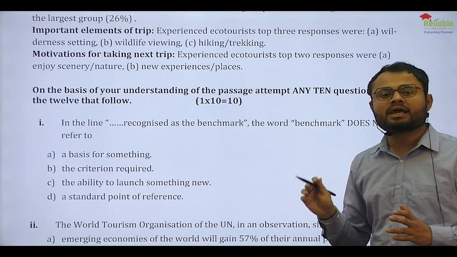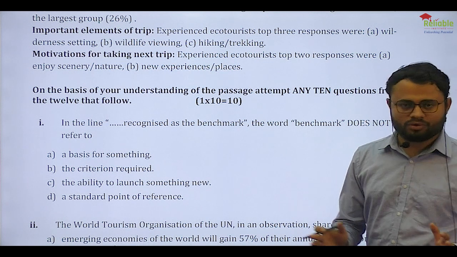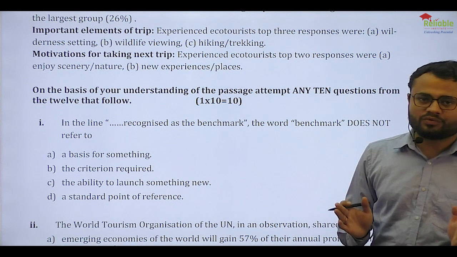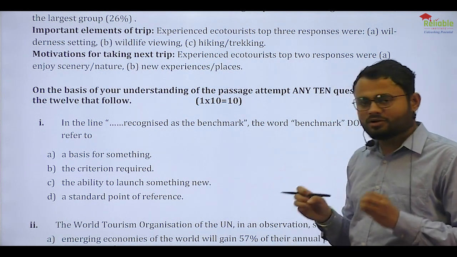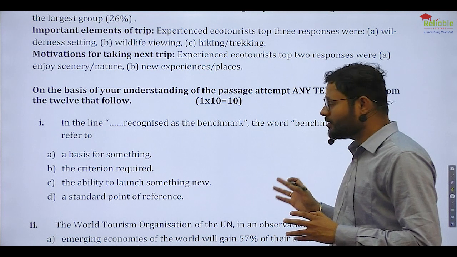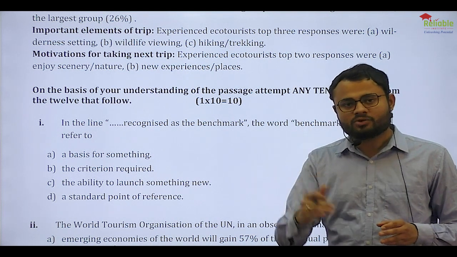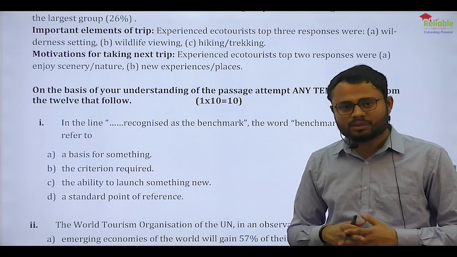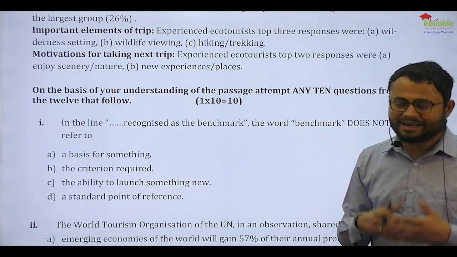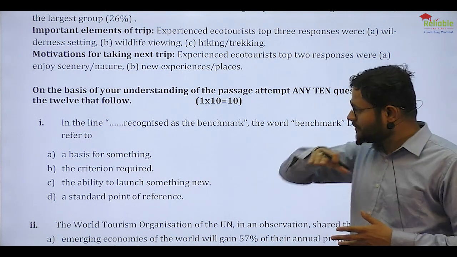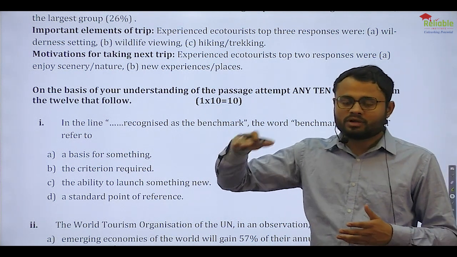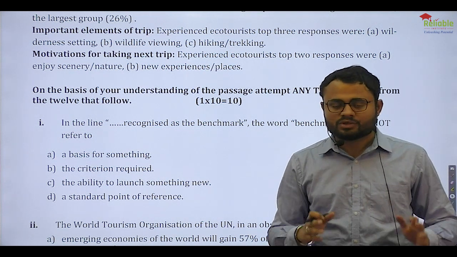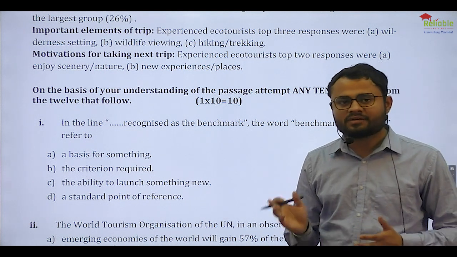Again, you have to attempt any 10 questions out of the given 12. So the paper is going to be a very smooth journey for you, because the board has given lots of relaxation in terms of options. Again and again you are getting options, and out of the given options you have to select limited things. You have to attempt limited things. So that's going to be an advantage for you. And 50% of the paper is going to be multiple choice questions, and the rest 50% is going to be subjective questions. So every kind of strategy is there, and